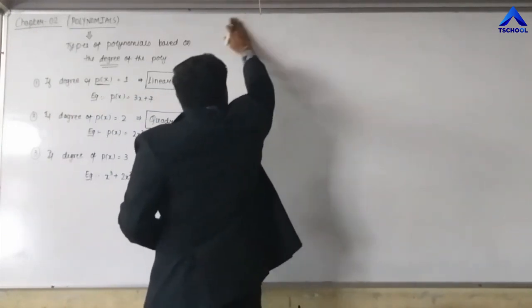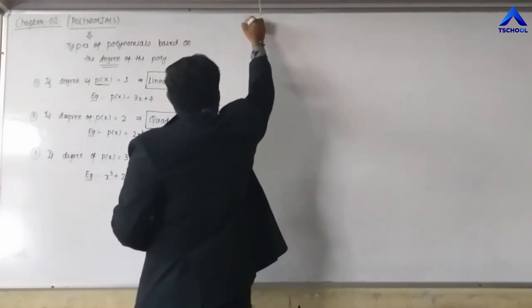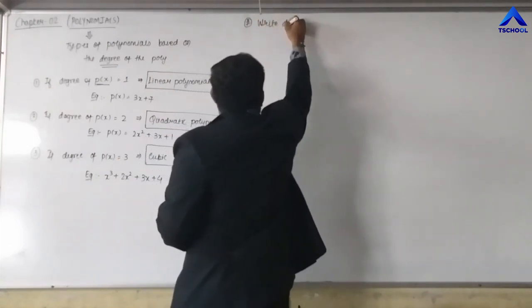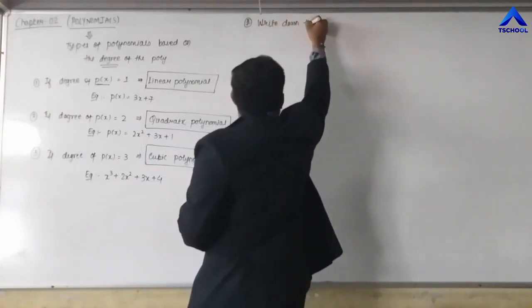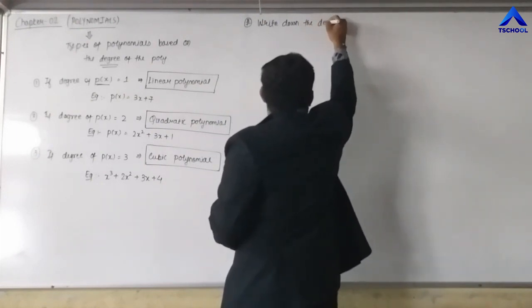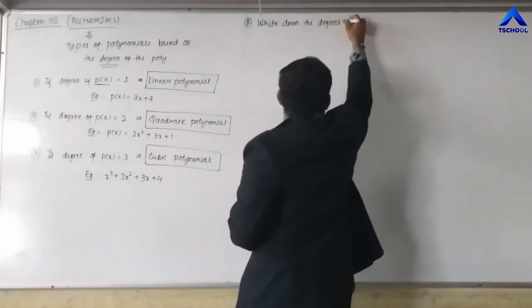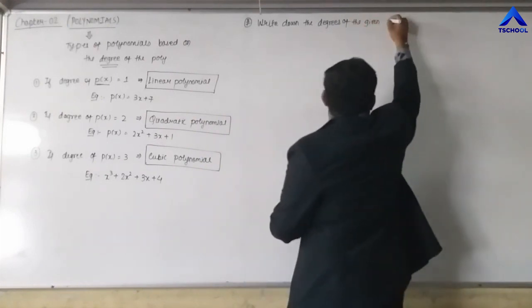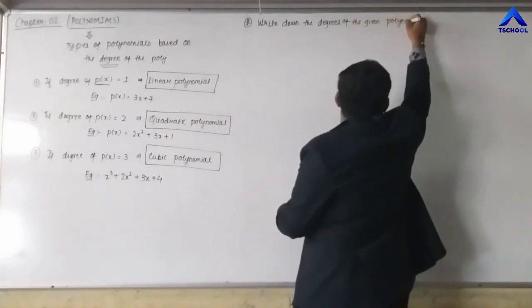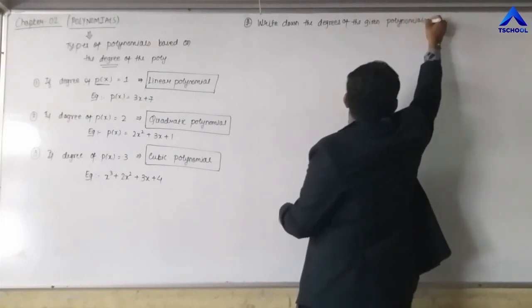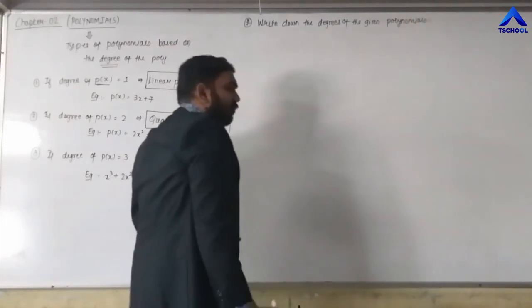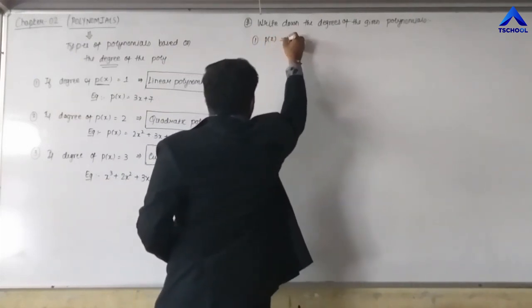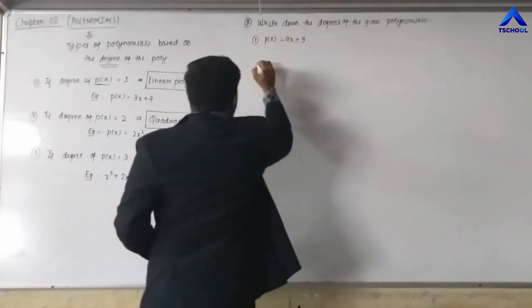You just need to write down the degrees of the given polynomials. Then we will discuss here what the answers are. 4x plus 3,